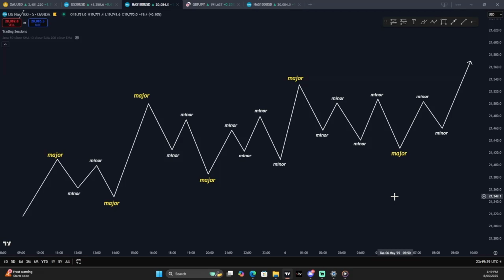Now, how to label this for yourself and spot the difference? Well, as I mentioned before, a major swing high is going to be the highest point of the impulse move, and a major swing low is going to be the lowest point of the pullback. Now, obviously, when you are in a downtrend, that is going to be reversed. It's going to be the lowest point of the impulse move and the highest point of the pullback. So as you can see, this major swing low is obviously the lowest point of this pullback. This major swing high is the highest point of this impulse move, and then so on and so forth,